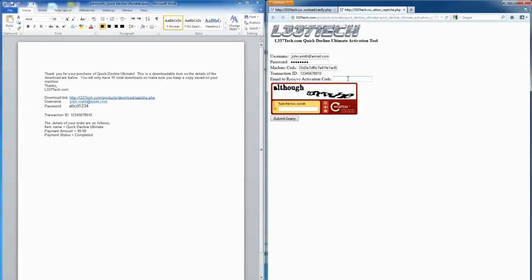Some people use a different email account for their PayPal than they do for other things like personal accounts. So I gave the user the option to use a different email to receive the activation code. In this case, actually, I'm going to send this to my LeetTech email to receive the activation code. This is also going to be